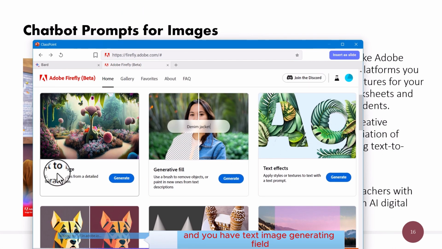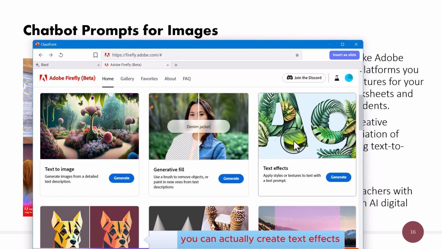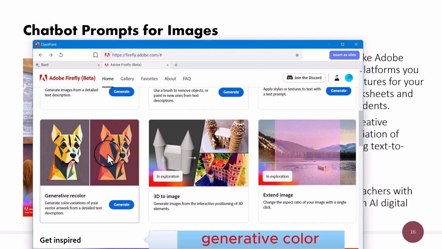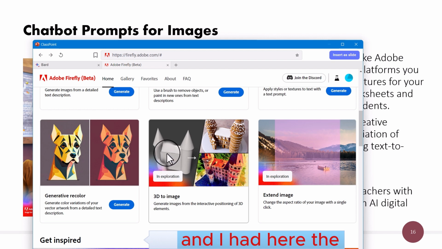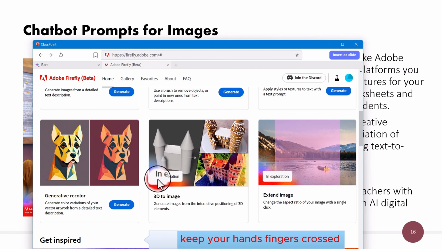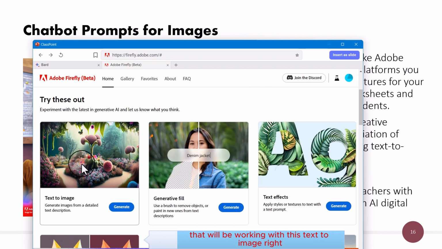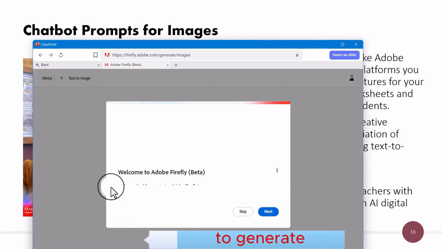And you have text image generative field. You can actually create text effects, generative color. And I hear they're going to be having text to videos very soon. So keep your fingers crossed. So you have text, 3D images, image extension, but we'll be working with this text to image, right, to generate